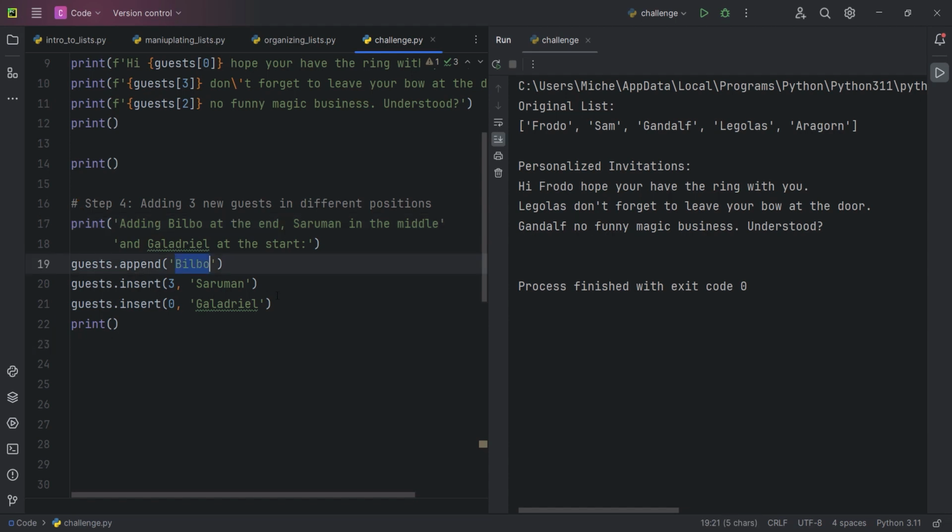I appended Bilbo because I wanted him to be at the end. I inserted Saruman at position number 3. I thought that's probably the middle. And finally, Galadriel is in the beginning. I inserted it at 0. Right click and run, and